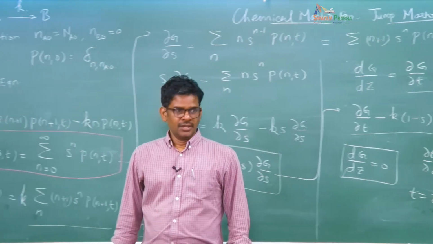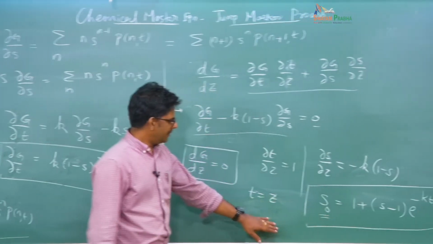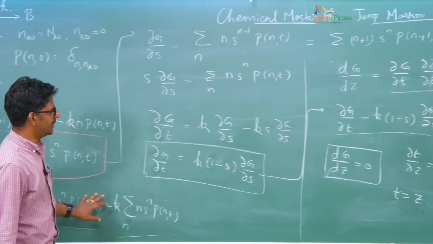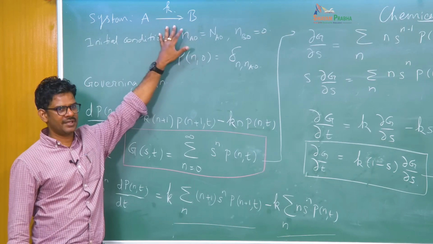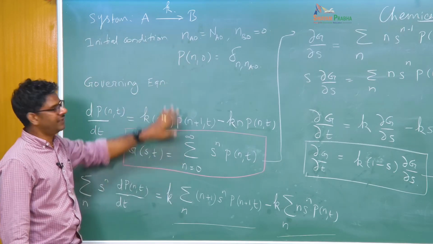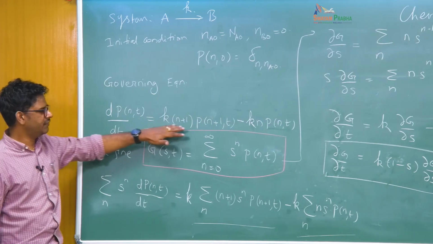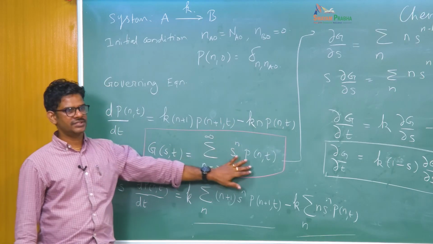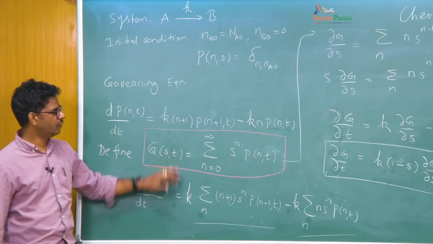Okay, so we are running out of time. So I'll stop here, and next class I will begin from here. Right now, all you have to remember is we have a chemical kinetics, very simple chemical kinetics. We defined the initial conditions. We defined this as a Markov process, a discrete Markov process. Based on that, we wrote the chemical master equation for this case. Now to solve this, we use a generating function to replace the variable n in terms of s. By doing so, we arrive at